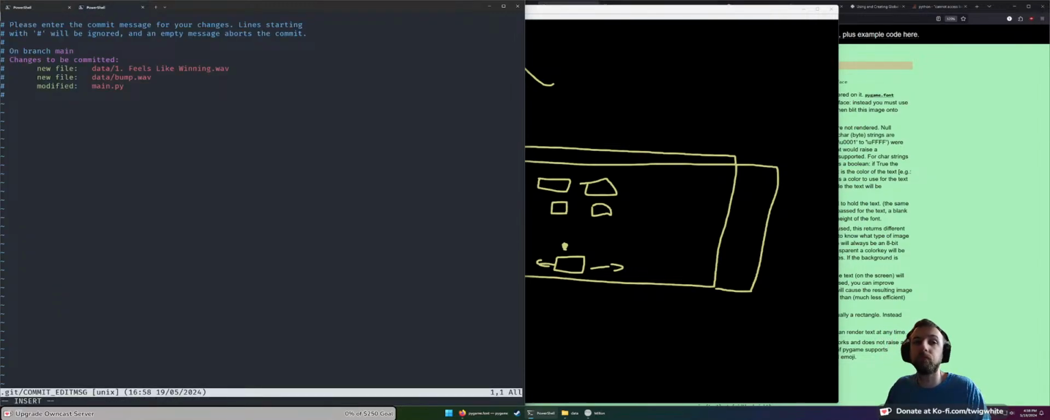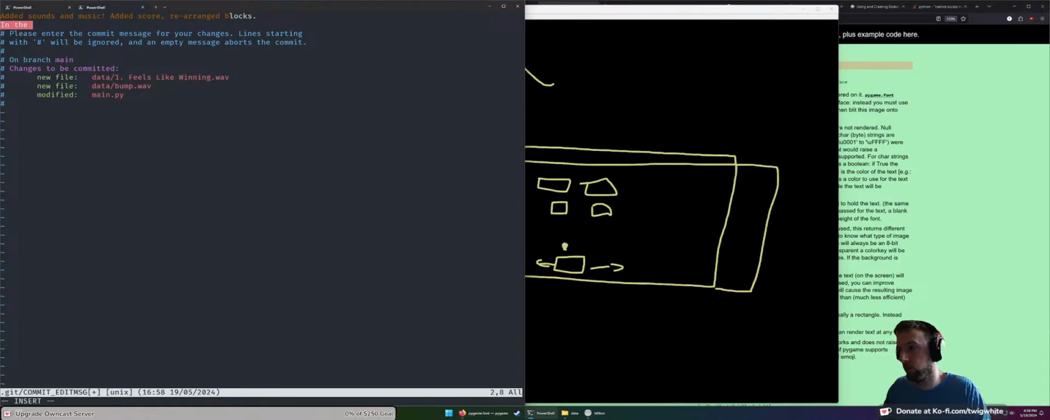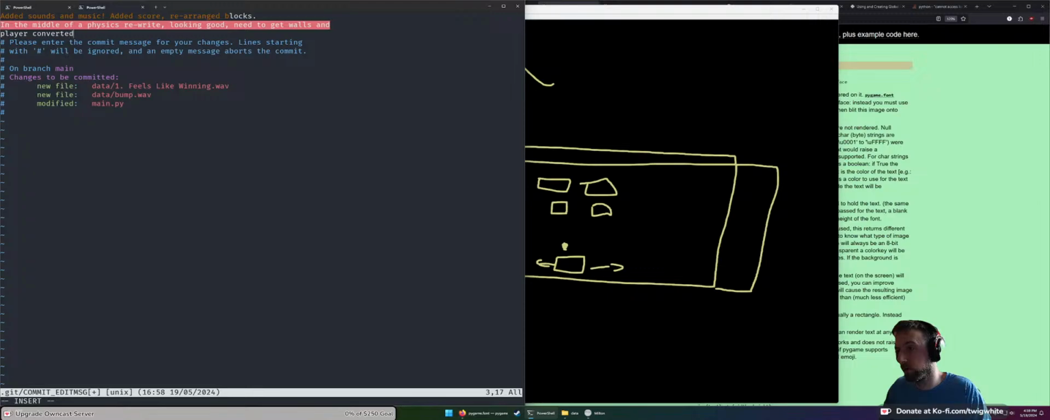Alrighty. Let's see. Added sounds and music. Added score. Rearrange blocks. In the middle of a physics rewrite. Looking good. Need to get balls in player converted. Then add player